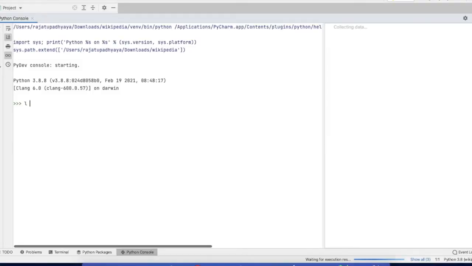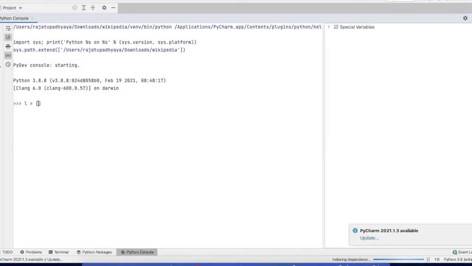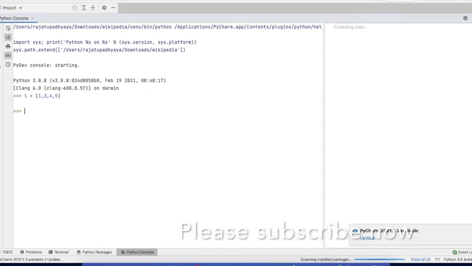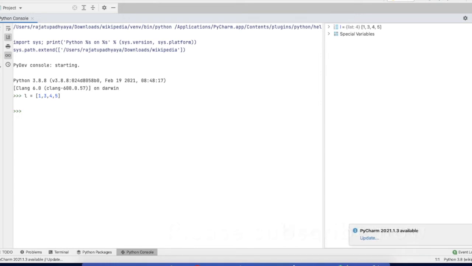Here I am creating one list like L, 1, 2, 3, 4, 5. If you have already seen my video on strings in Python, you know about slicing in brief. If you haven't seen that video, go and check it out, then you will understand slicing in detail. So what is basically the syntax for slicing? First we will pass the starting index, then end index, and then step.